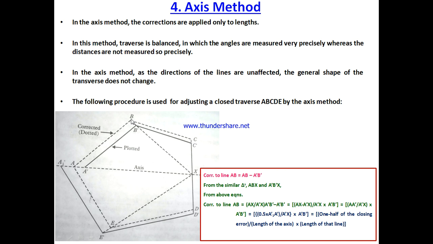Okay, I have obtained the point B. Now, parallel to line B dash C dash, I will draw a dotted line from B. I will draw it up to such an extent that I get the intersection point with XC dash. So this is the intersection point of this line, which is parallel to B dash C dash, and XC dash. I will name this point C, which is the corrected or distributed error station C.